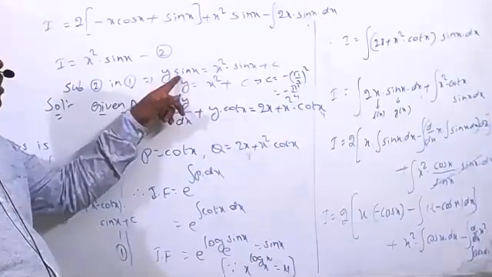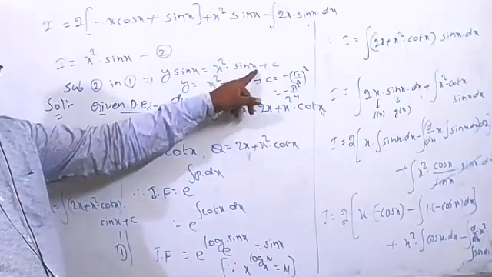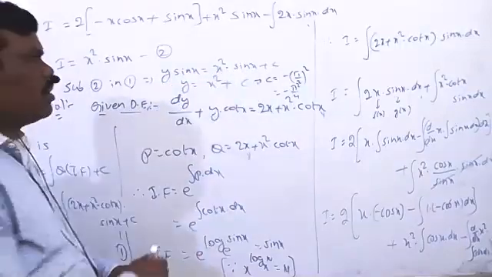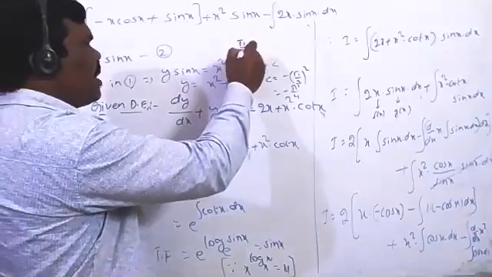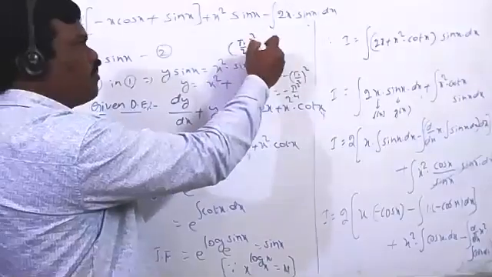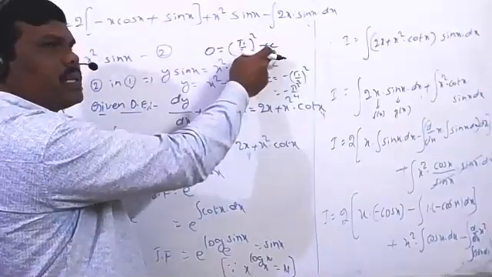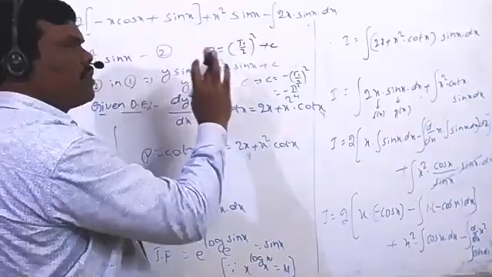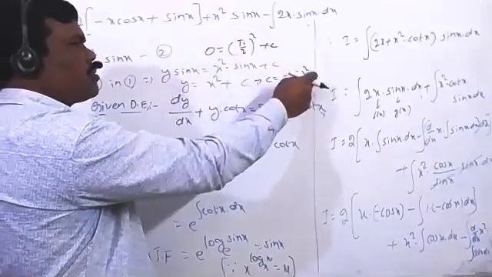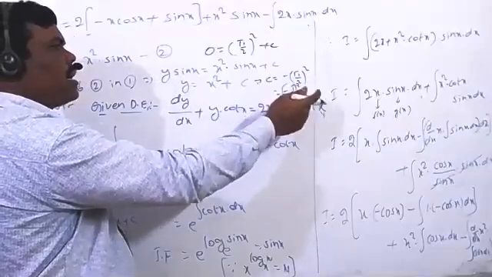Yes, sir. I can substitute that in now. y equals 0. 0 into something equals 0 only. Correct? And x square into sine pi by 2, here x equals pi by 2. So you can write pi by 2 whole square into sine pi by 2, sine 90 equals 1, plus c equals 0. The value of c equals minus pi by 2 whole square. Minus pi by 2 whole square equals minus pi square by 4. Correct or not?